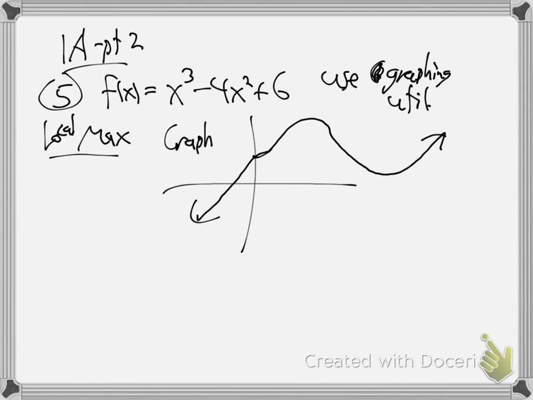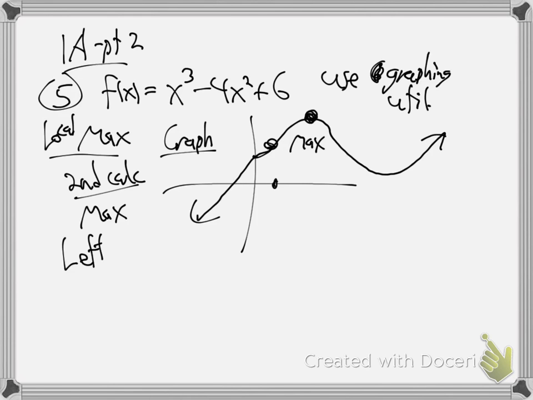So they want the local max. The local max would be right there, huh? So you graph it, then you hit second. Okay, you graph first, and you hit second calc, and you choose max, and you go left of the spot, like somewhere over here, left of it, right of it, and then enter on the third one. So I'm going to leave that, and you find it. The value for the local max is 0,